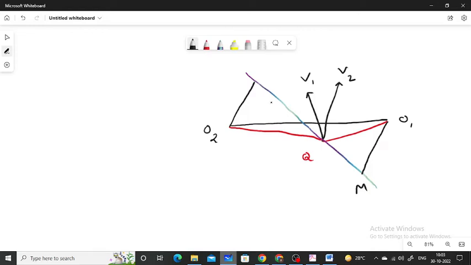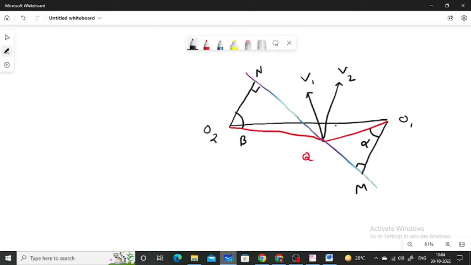Draw the perpendiculars from the centers of the wheels to the common normal Mn. Okay, if this angle is alpha and this angle is beta,